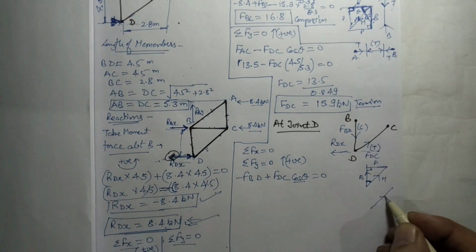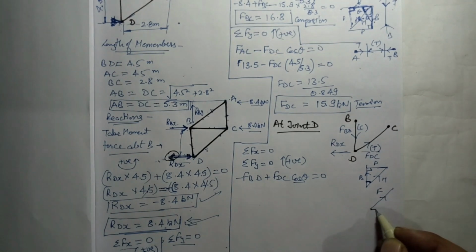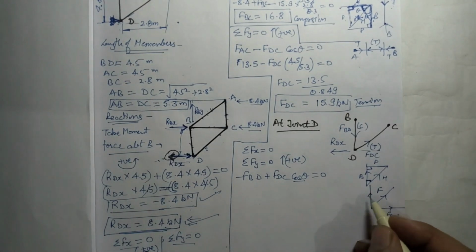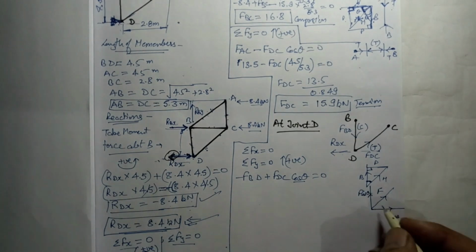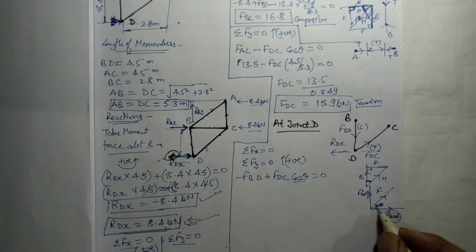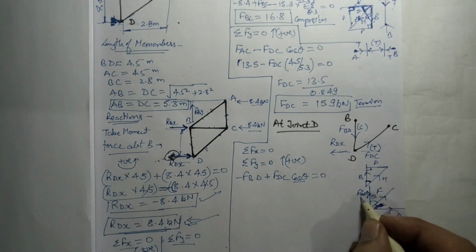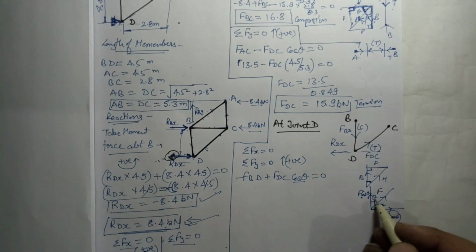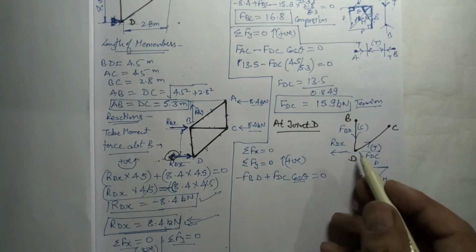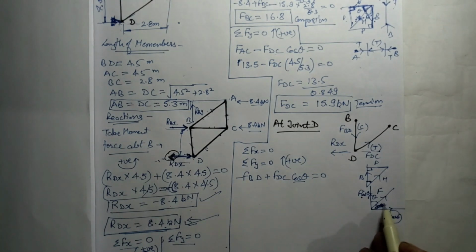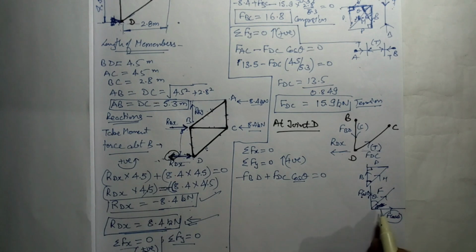If you remember, listen, this is the force, I can say this will be F cos theta. It can also be F cos theta. How? If I have this angle, then this will be F cos theta, this will be F sin theta. But if I'm not having this, I'm having this angle, then this will be F cos theta, this will be F sin theta, right? So don't worry, do not take it like I'm taking cos theta on all sides, because we are getting the value base over hypotenuse, so that is why I'm taking cos theta. Don't say that it will be horizontal and vertical component cos theta and sin theta always. It can be cos theta both. It depends on the value of angle.